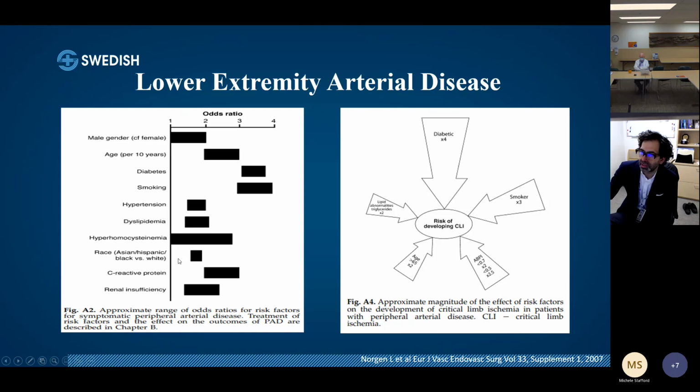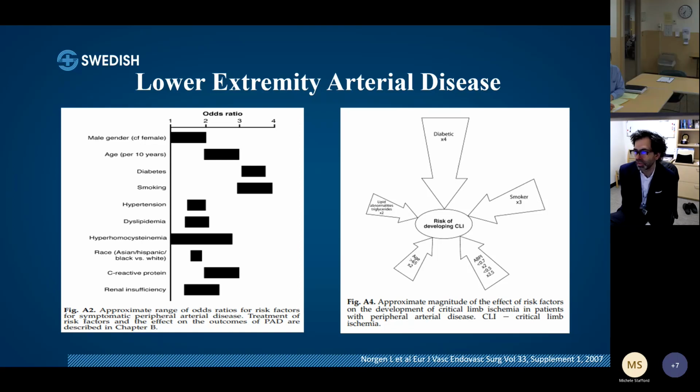Race plays a role. I had a couple of race slides which show it affects blacks more than whites or Asians, and as an ethnicity, Hispanics. And then renal insufficiency plays a role, and especially when you get into end-stage renal disease, those patients, their vasculature is particularly hard affected by